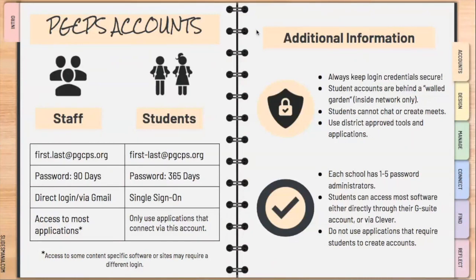The amount of time you needed between changing passwords also varies between these two types of accounts. Students only need to change their password once a year, but you will need to change your password every 90 days. Be sure to review the rules when you change your password, as they could change. These account credentials will give you access to most of the sites and software that you need. In some cases, you may have to enter your credentials directly or connect via your school Gmail account. For students, the process is streamlined. They can log directly into Clever using their account credentials and gain direct access to the district-wide tools.